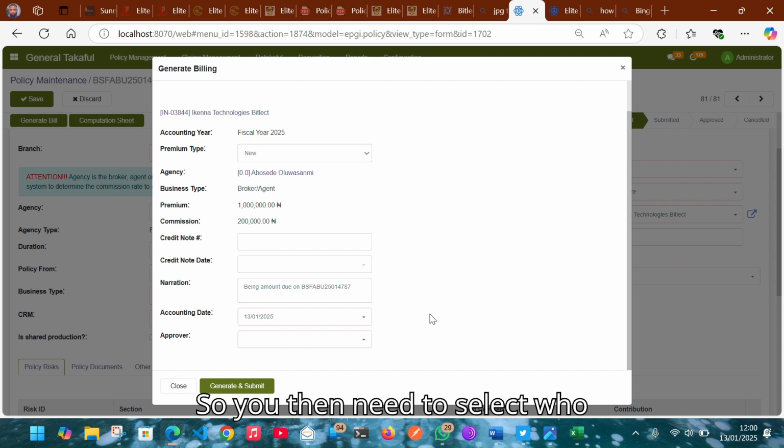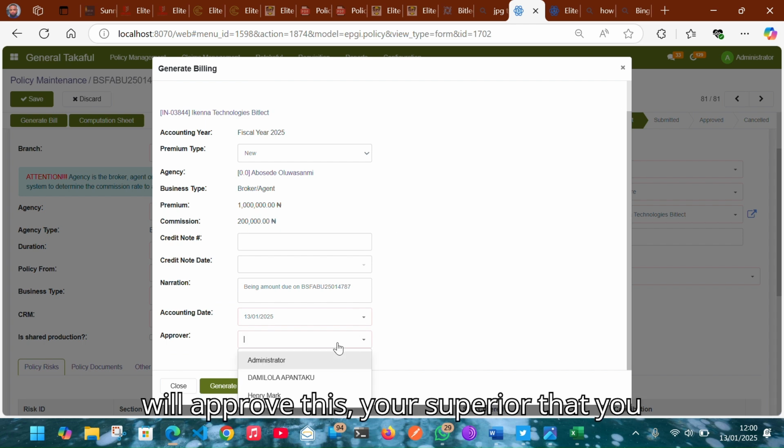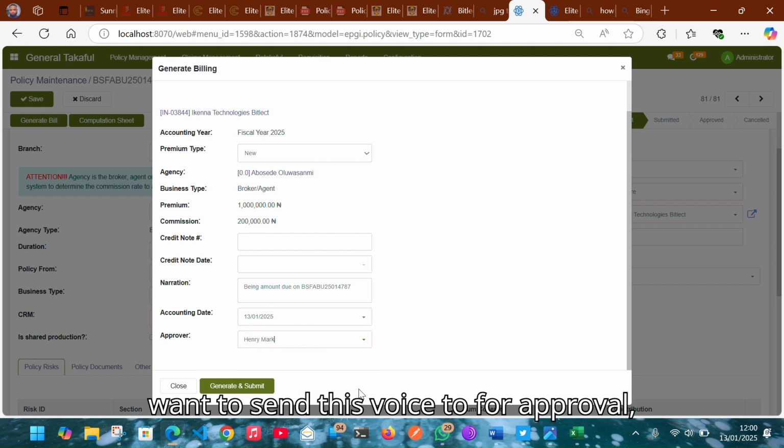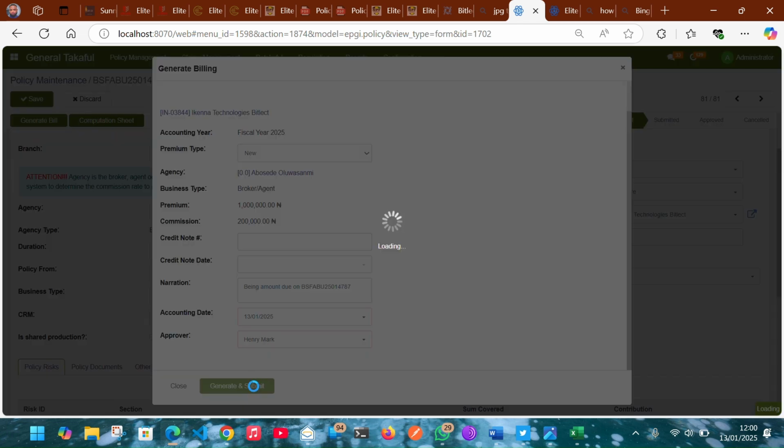So you then need to select who will approve this, your superior that you want to send this policy to for approval. Then you click on generate and submit. Once the policy has been generated and submitted,